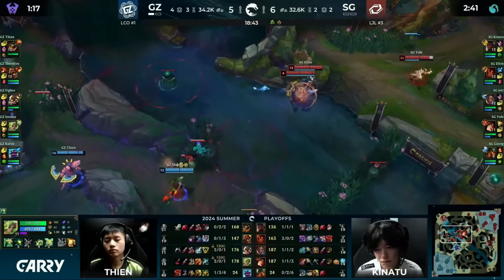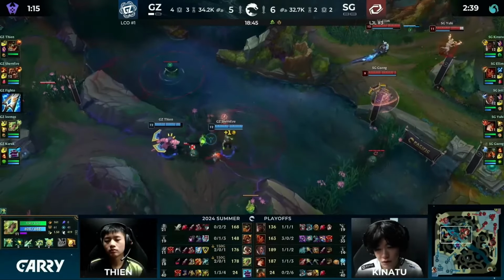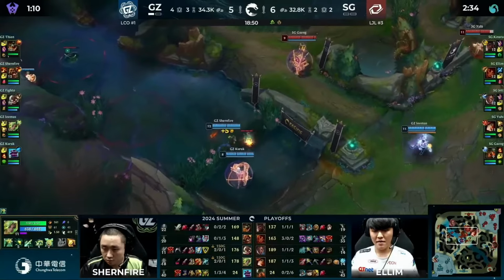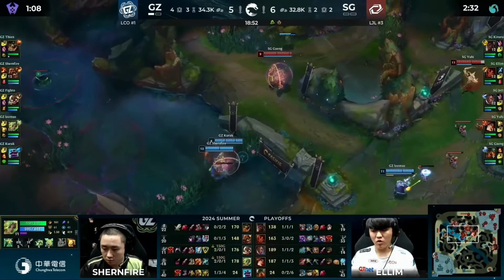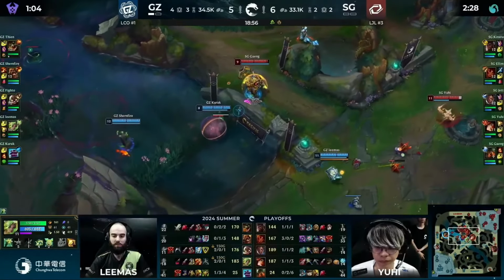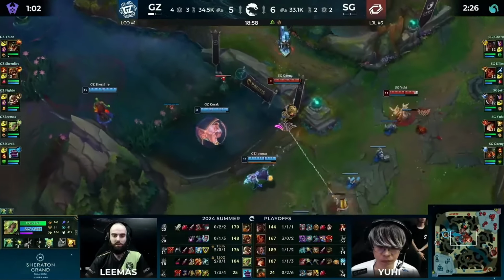Ocean Soul as well, should be said. Obviously going to be very good for Gang and Kanatu specifically if the side of Sengoku get it. But similarly, Kurak and Tien will benefit a lot off it as well for the side of Ground Zero. I think if you're Sengoku, you avoid fighting like the plague right now. If you look at their carry items...